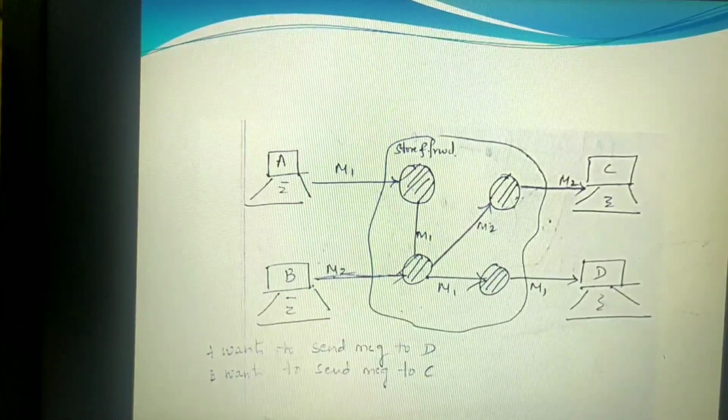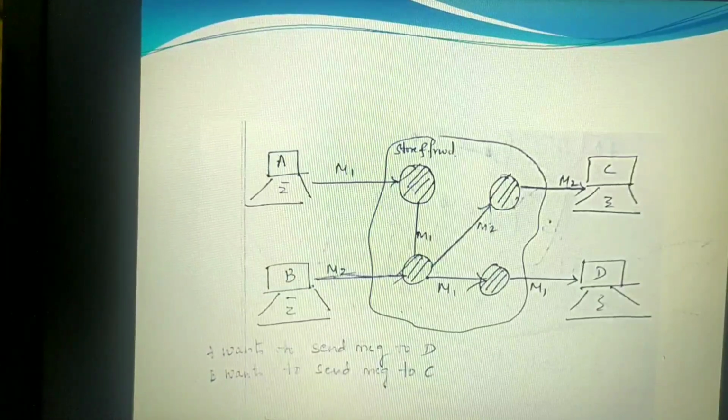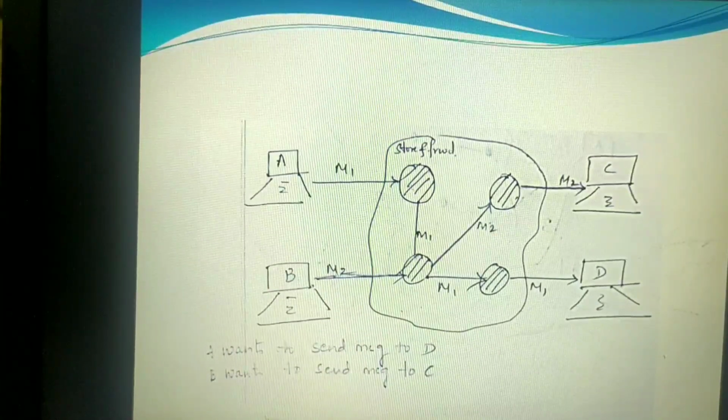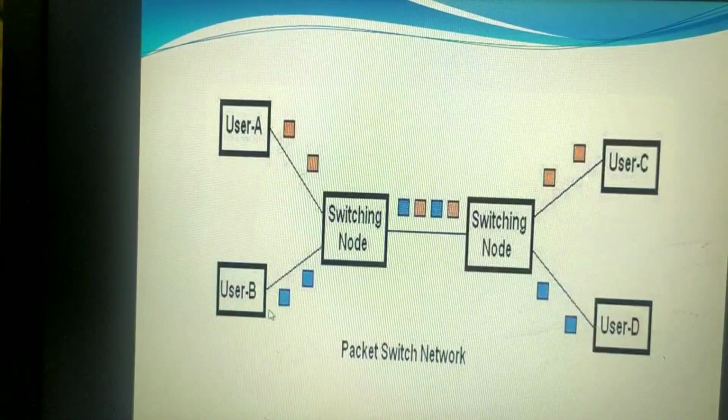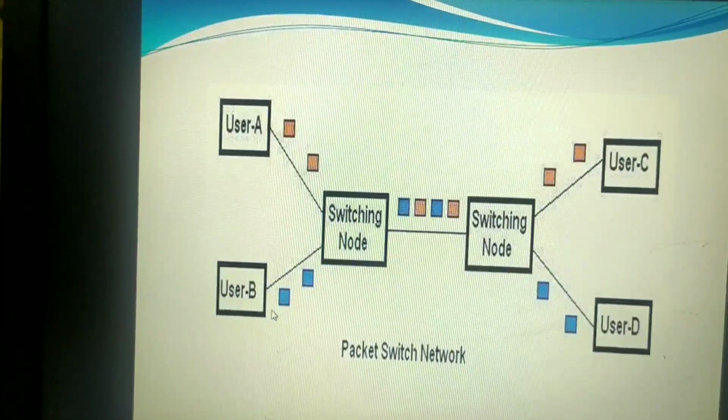But one more advantage here is that efficient traffic management will be done. No packets will clash with each other. There will be no congestion, no loss of data, because they are withholding those packets until they are forwarded to the next one. They are not ready to accept, so there is no question of clashing of packets, no loss of data. Next we shall see the very important one, what today we are using, the packet switching network.